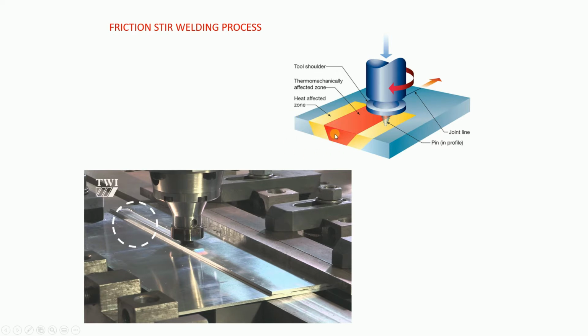As you can see here, three zones are available. At the back side of the workpiece there is a line, because this is workpiece 1 and that is workpiece 2. This is the rotational motion, and pressure is given along the y axis. Along the x axis the workpiece is moving, right? You can see the pin profile is clearly marked. We will see the other types of pin profile in an upcoming slide, and now let us see how it happens in real time.